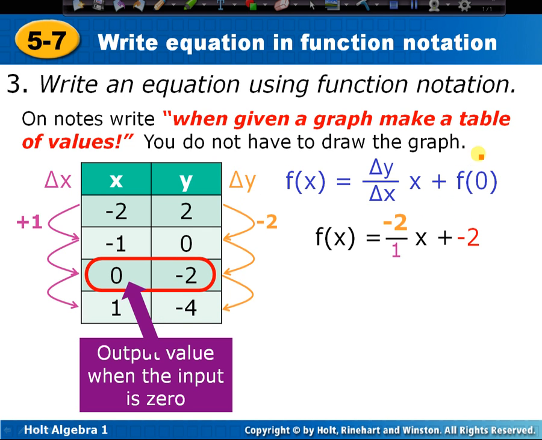So now we have all of our different pieces to our function notation. So basically now we're just going to simplify it just a little bit. We're going to say negative 2 divided by 1 is negative 2, and plus negative 2 is just minus 2. So f of x equals negative 2x minus 2